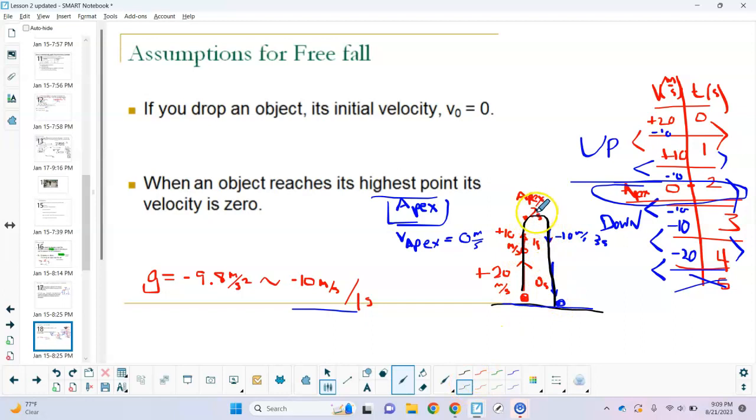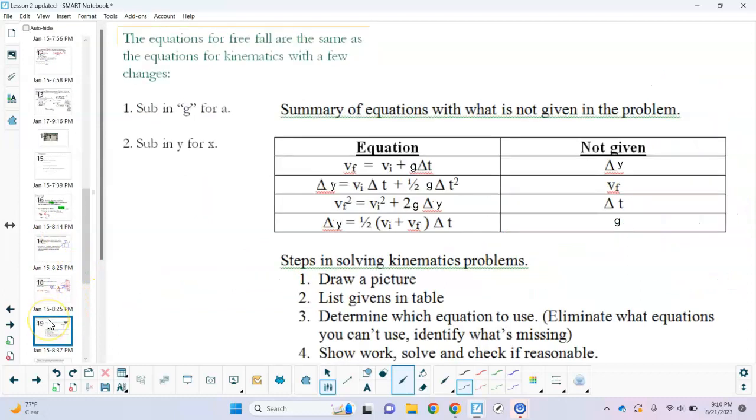And if you guys have studied some math before, parabolas, you can see are the same. So at different heights, or if I'm at the same height above the ground, they should be going the same velocity, just in different directions. So that's why it returns to the same ground at the same level. So it takes 2 seconds to go up, it takes 2 seconds to go down. It was going up at 20 to start, it's coming down at negative 20 when it reaches that equal level. Okay, so